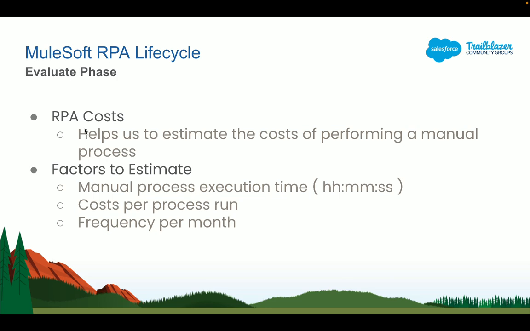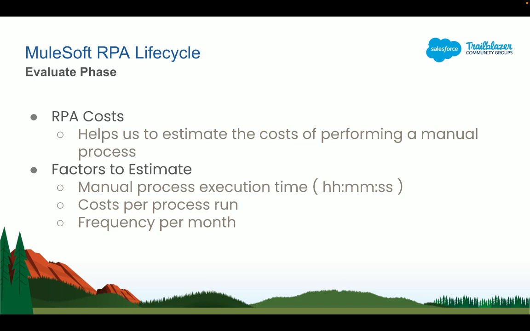We'll go with the very first criteria, which is your RPA cost. If you go to your RPA manager, and I'll be showing you all of these steps in depth, you create a new task, or the first thing you can do, which is very optional, is evaluate that business process. And we can also enter the cost that goes into currently performing that business process